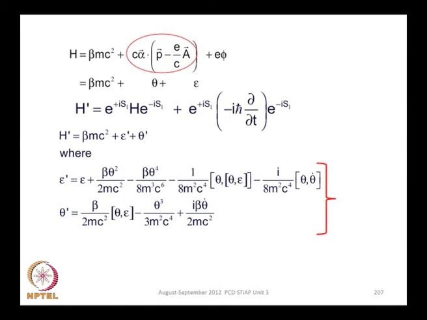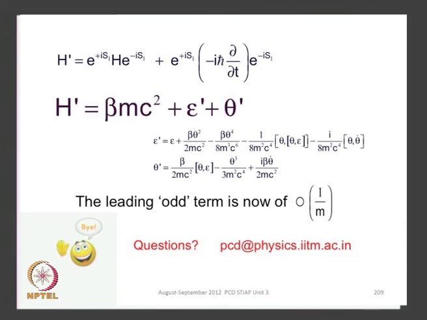That is a significant achievement in getting this transformed Hamiltonian, which is to reduce the importance of the odd operator, so that you avoid the mixing of the particle and the antiparticle states. So that is the leading term that you get in the odd operator, and that is where I will stop for today. I will be happy to take some questions, but essentially you have seen how the first Foldy-Wouthuysen transformation works,